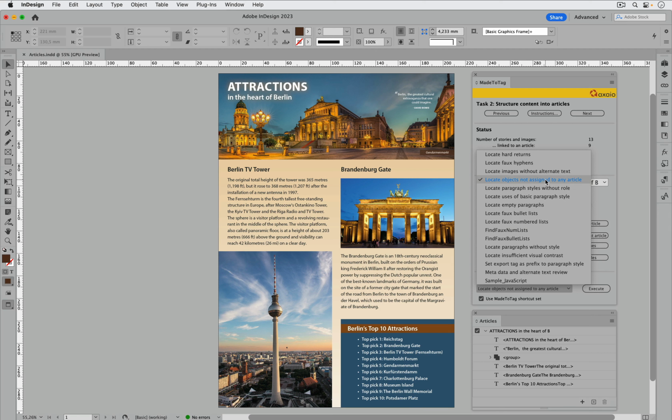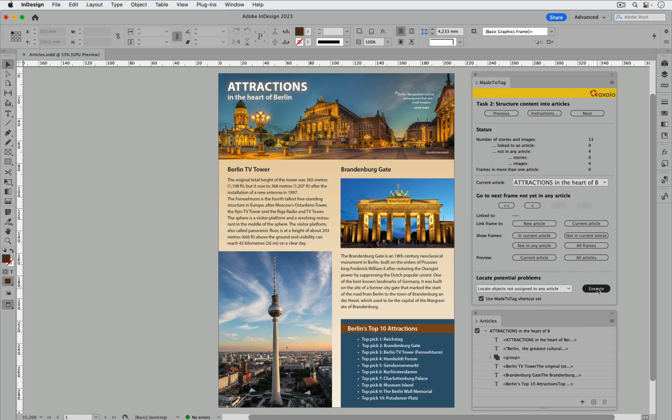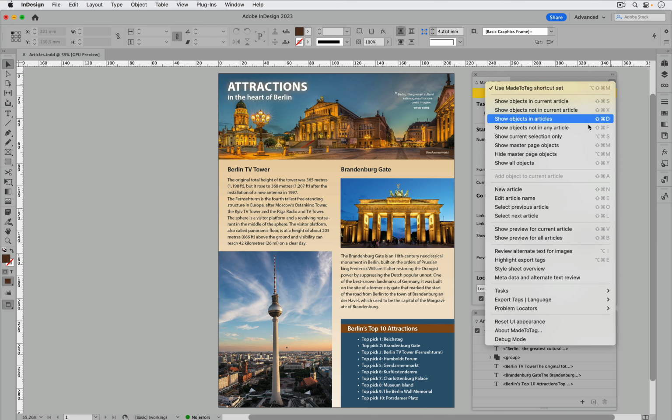The feature can be found under Locate Potential Problems. Start a search via the Execute button. All article-free objects will be found and can be selected directly to edit them. With the Matotek keyboard shortcuts, the described actions can be processed even more efficiently. The shortcuts are displayed in the flyout menu when the Use Matotek Shortcut Set checkbox is enabled.